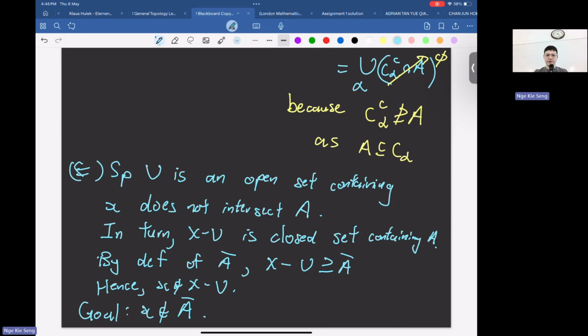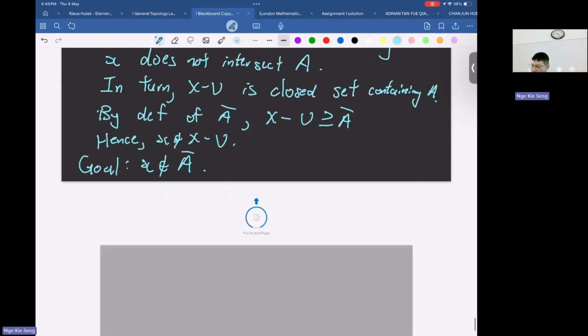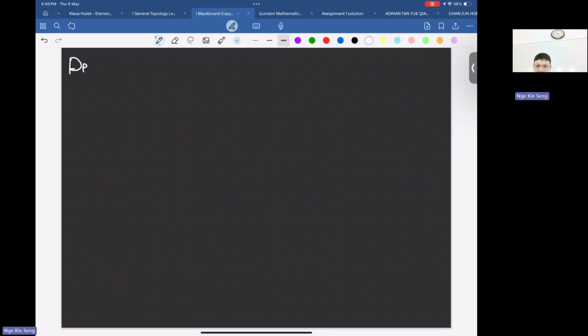A similar thing you need to do here. But the point here is you don't need to check on all open sets anymore. You just need to check on basis elements. Okay, next we're going to define something called the